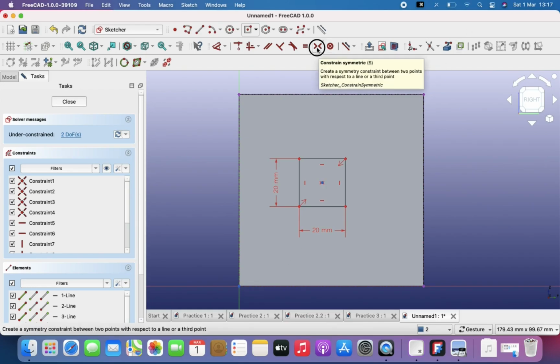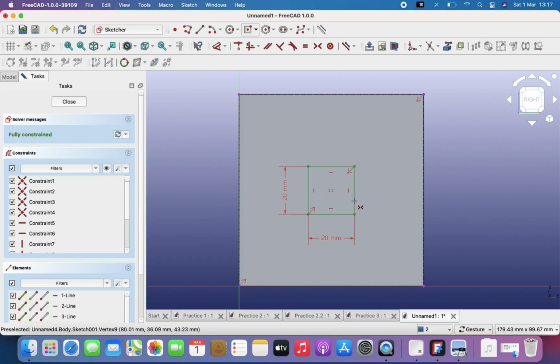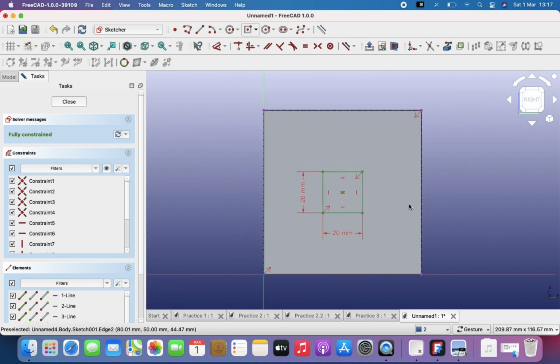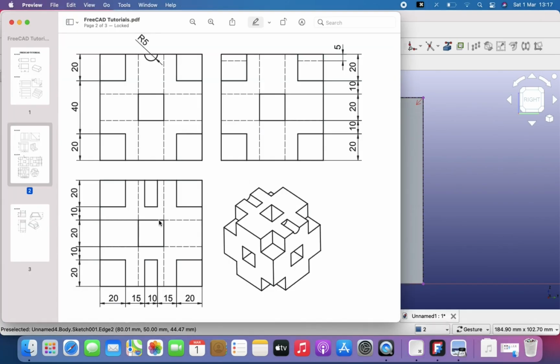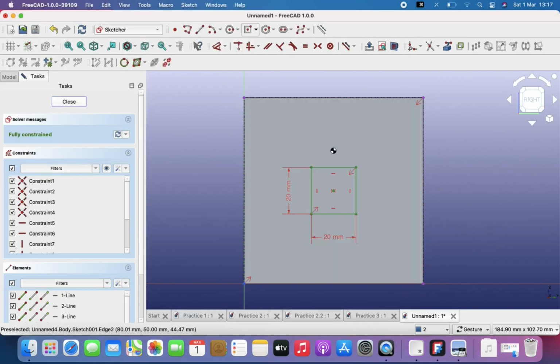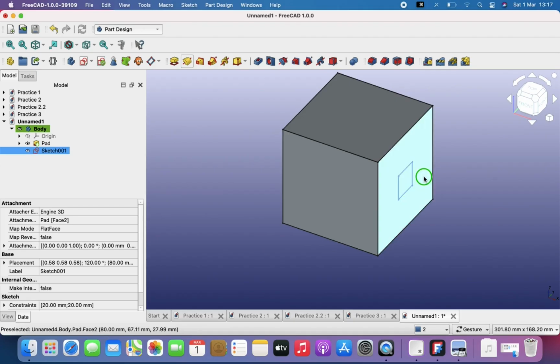So I go to the symmetry tool, and then I click on the first edge here, I click on the second edge here, I'm holding down the command key, and then I click on the third here. So that makes it perfectly symmetrical. I really don't need any dimensions because I know that that square is at the center of that shape. So I'm going to close my sketch,